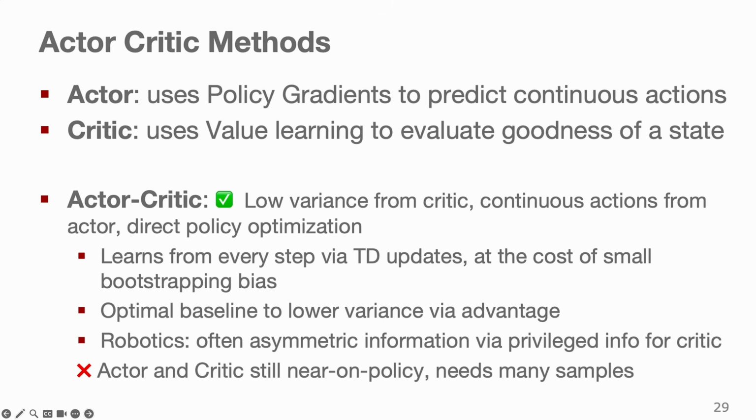And maybe for robotics, also interesting is that you can often train the critic by using privileged information. Because you don't use the critic at test time, especially if you're using a simulator environment, you can use additional state information or privileged information for your critic to reduce the variance, to get you better advantage estimates. And then at test time, you throw the critic away, so it doesn't really matter. But it can help your training a lot.